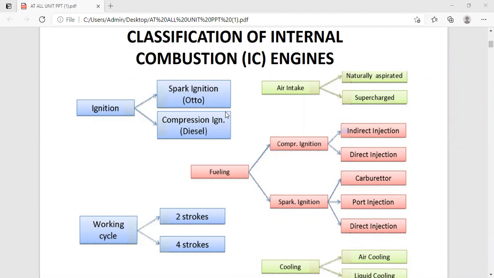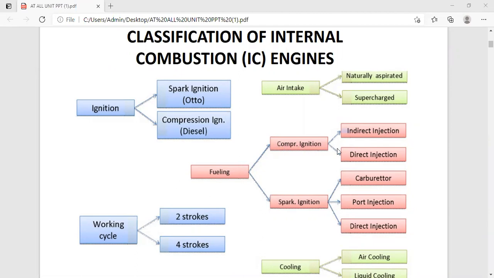Okay. So next, how we are going to supply the fuel, and how we are going to supply the mixture. According to that, there is the carbureted type, in which fuel is supplied to the carburetor, and the injection type, in which the fuel is injected into the ports or the inlet manifold. So this is the classification according to the fuel supply and the mixture preparation.